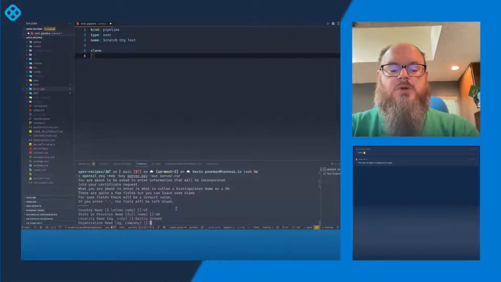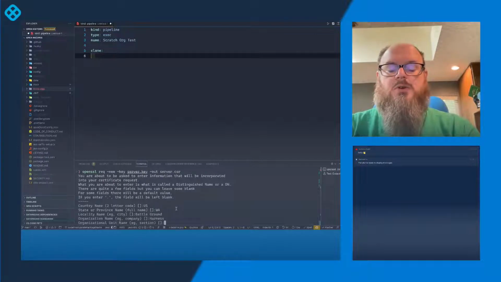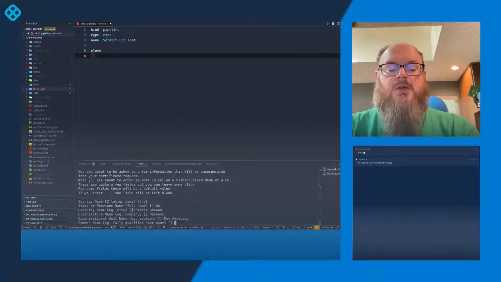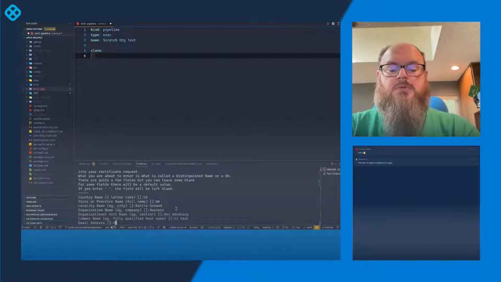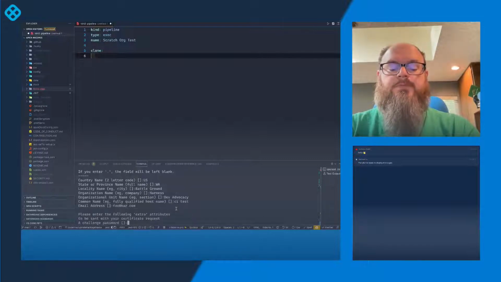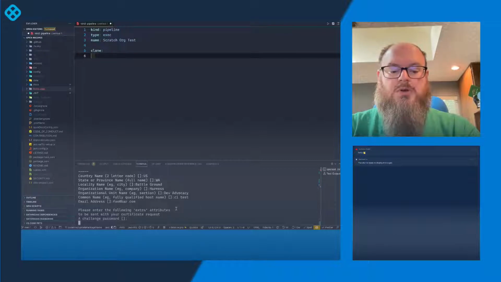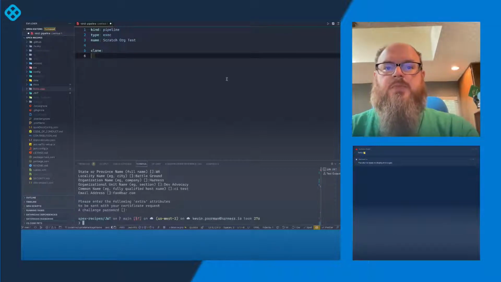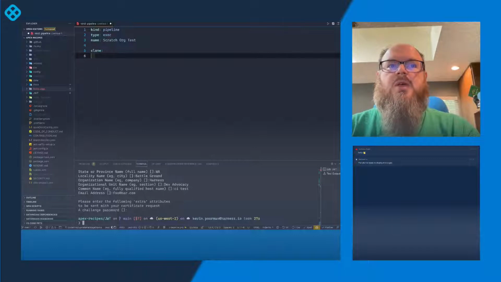Organization name, Harness, dev advocacy, common name, test foodbar.com. I don't want an extra password. There we go. All right, so we've got that, and then we're going to create what's called a connected app